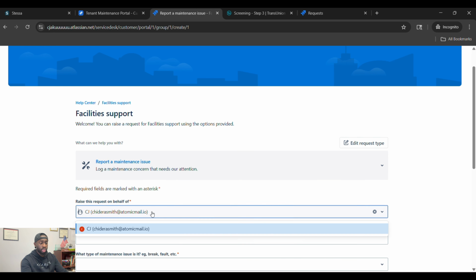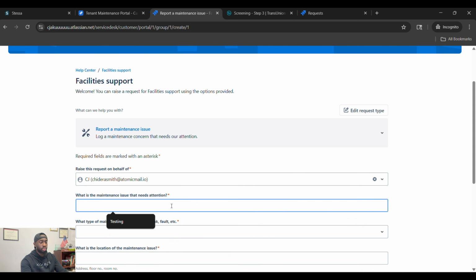They're going to have their own account, so their account name is going to show here, and then they're going to say, okay, what is the maintenance issue that needs attention? So let's say the toilet is clogging, and the water is flooding the bathroom,